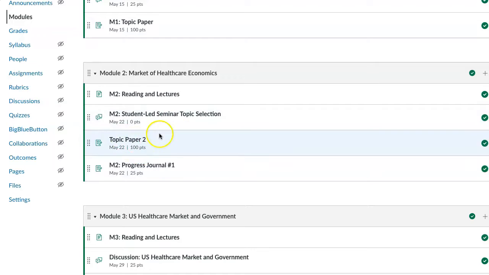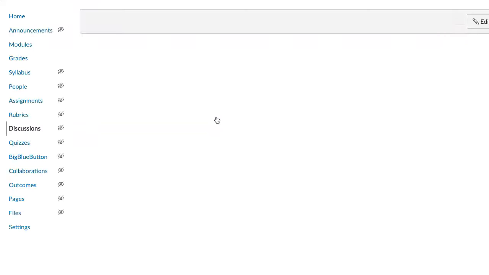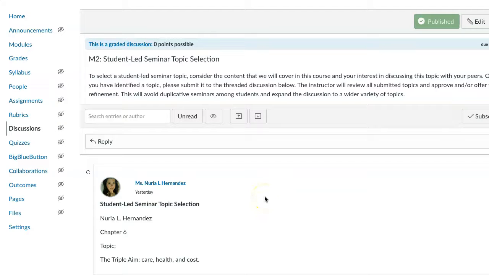Now let me talk about the student-led seminar, and we're going to unfold this a little more as we go. Some of you have probably already had a student-led seminar, and I see Nuria has already posted her topic in there. This one I'm going to do slightly differently than some of the other formats, and maybe it's a little easier, I hope, a little clearer. I've run this a couple of times and students seem to really respond to the way it was structured. This week, all you're doing is offering a topic.